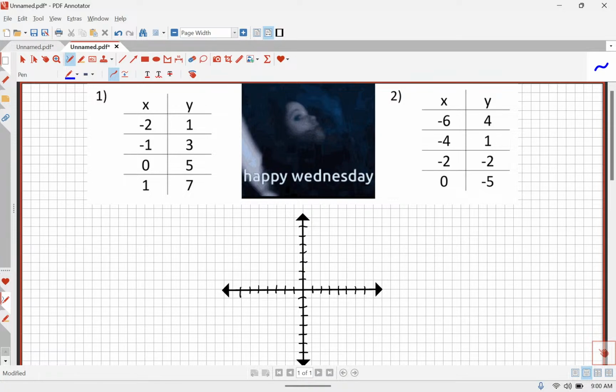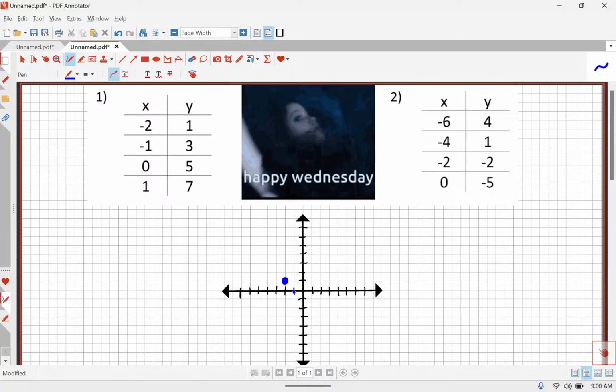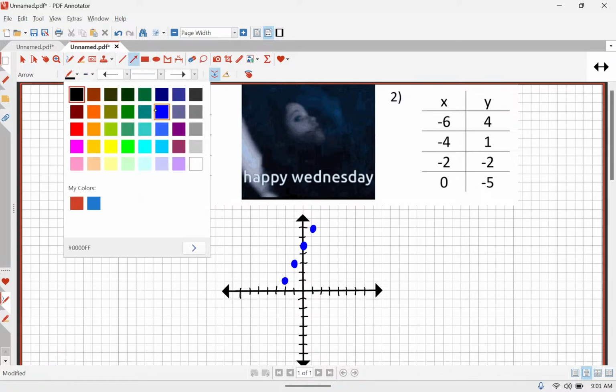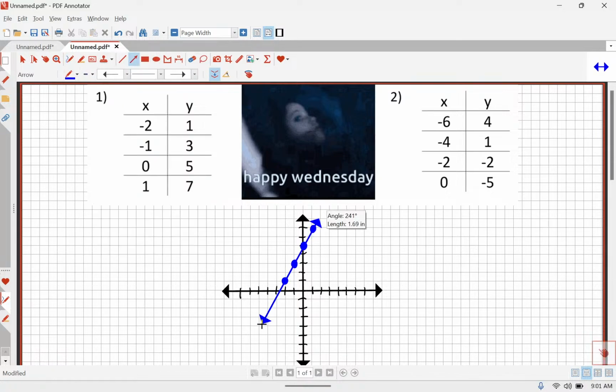So negative 2 comma 1, well, there's 1 actually, but we'll get there. Negative 2 comma 1, in this unit, you'll be given the line. So make sure you graph along with me if you didn't already. Negative 1 comma 1, 2, 3, 0 comma 5, 1 comma 7. I'm going to connect those with a line. So for this line, guys, I want to find out what the y-intercept, the change in y, the change in x, and that's going to help me build my